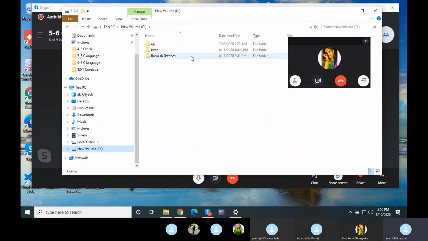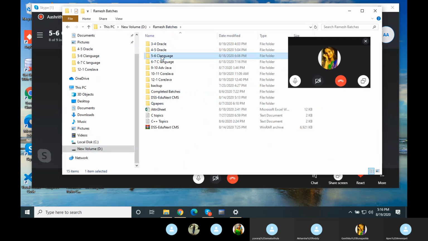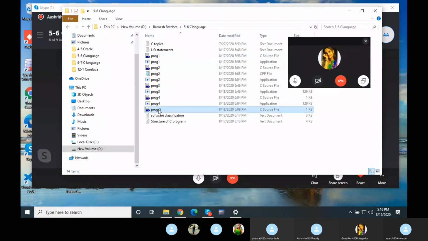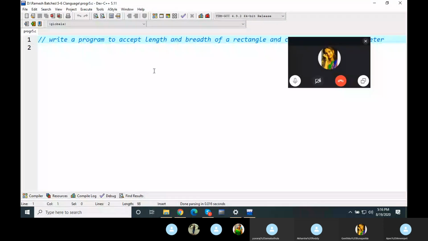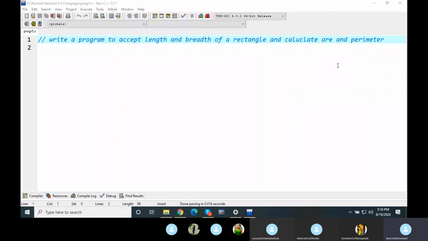This was the program that I had asked you. I told you to write a program to accept the length and breadth of a rectangle and calculate the area and perimeter.